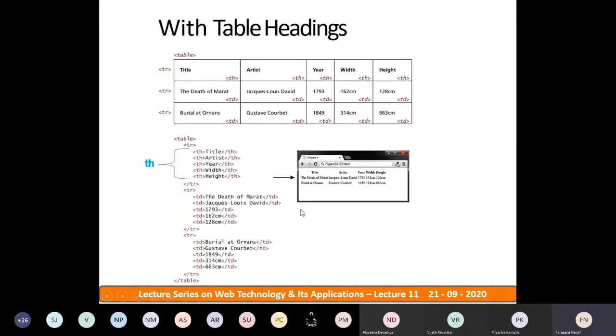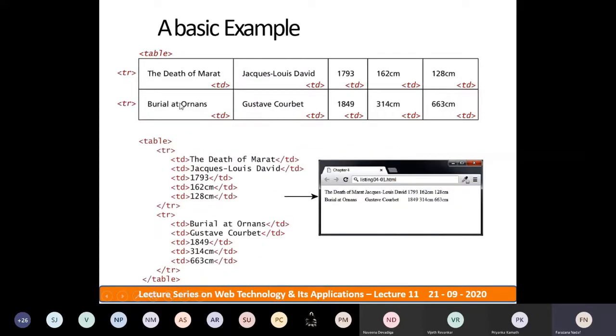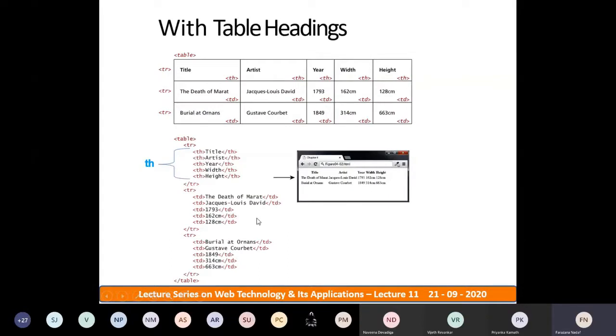See, now you can make a table in a neat format, in an efficient way to display the table content. In the previous one, what we have seen is only the data we need to display, but why the content is displayed, where it is related, which content you are displaying, it is not clear when you see the table. So to make a clear idea of the table content, we can add more HTML elements to the table.